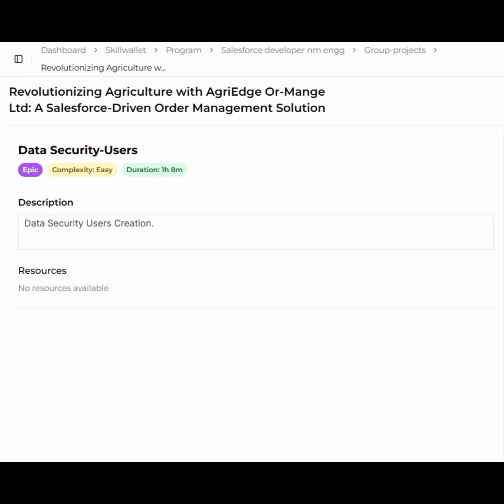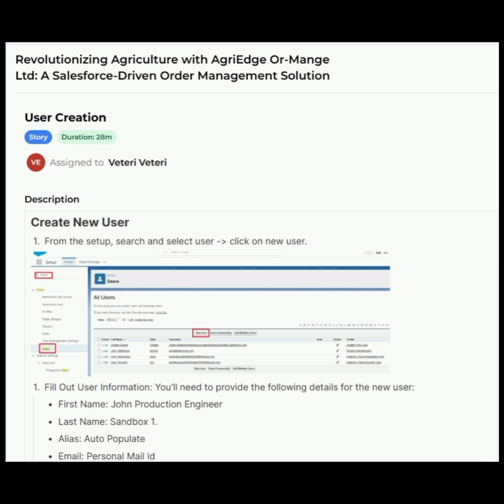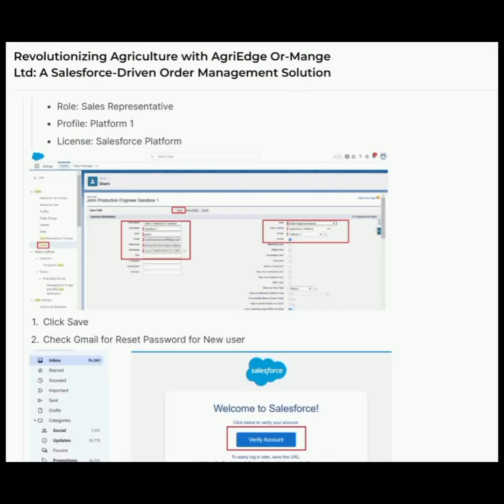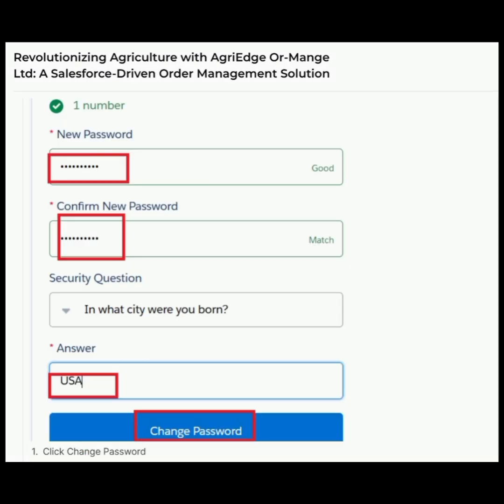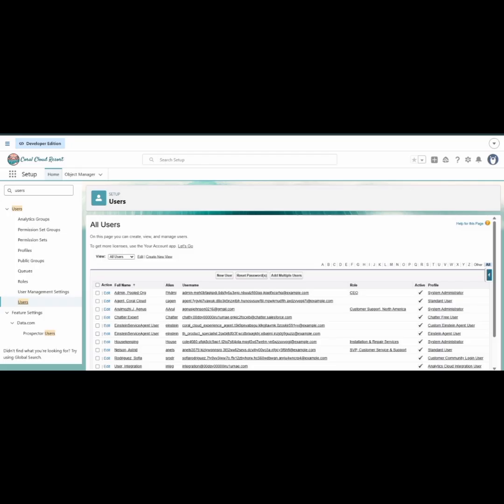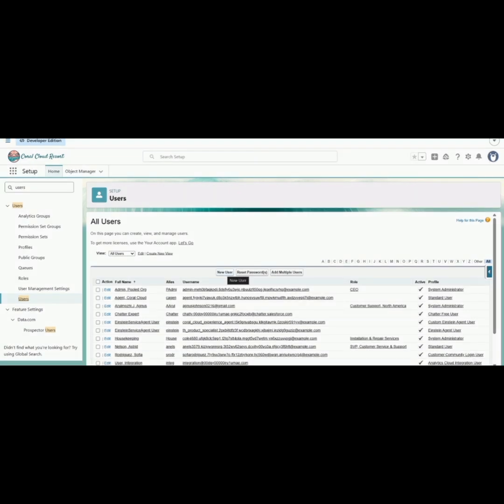The module is data security user. In this description, you need to create user creation for data security. These are the instructions for user creation. We need to reset the password for a new user in Salesforce. Change the password. In the quick find box, search for users, click new user